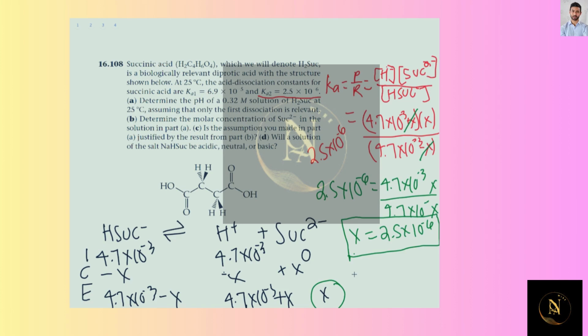All right, so part C is: is the assumption you made in part A justified by the result in part B? So what it's asking is, was it right for us to be able to determine the pH from the concentration of H plus in A, and then from the concentration of H plus in B? And to be able to do this, we just need to write down our H plus concentrations from each of those. So for A, we had an H plus concentration of